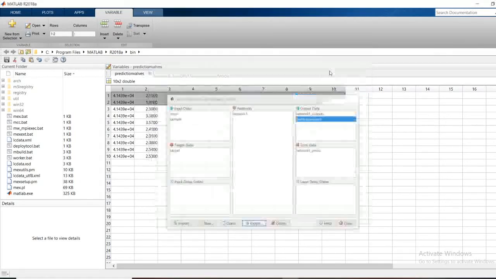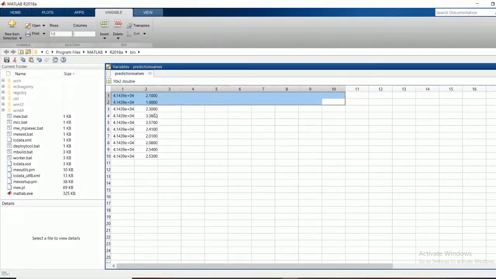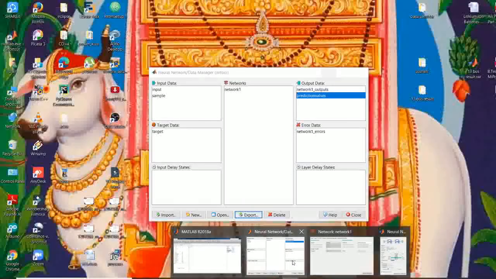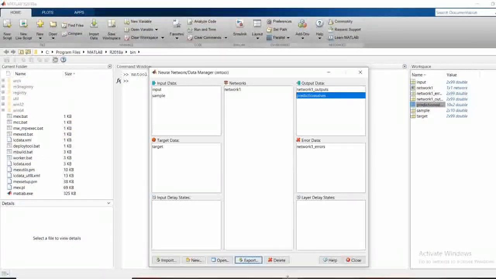These are my predicted values, and by this you can conclude that by training and by using your target data, by creating a workspace, by using the tool, it is very easy to get predicted values when compared to other software. I hope you have understood this.